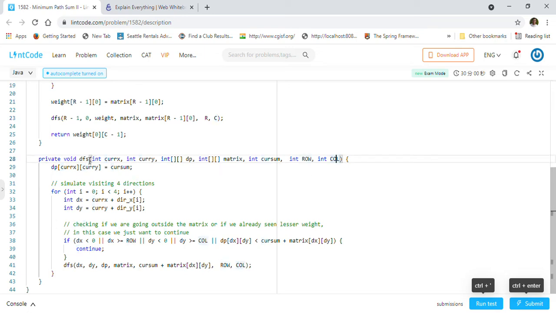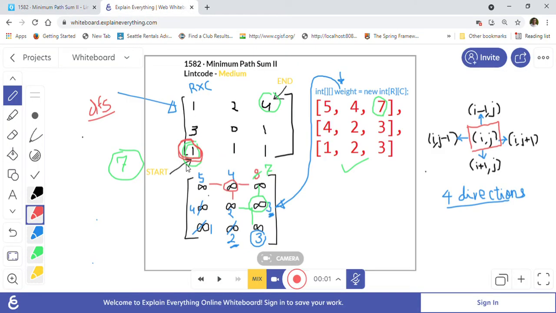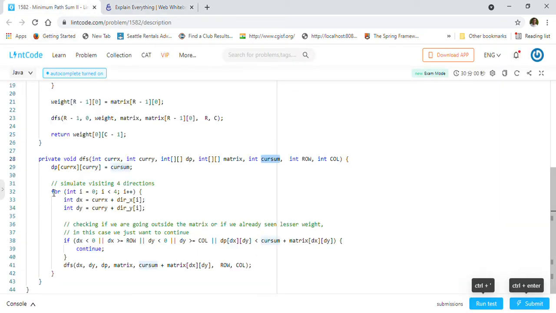So this is our DFS, and we are actually using this array DP. We assign the current x and current y the current sum that we are passing. For example, we assigned one here in the beginning. Then we simulate that we are going in four directions.